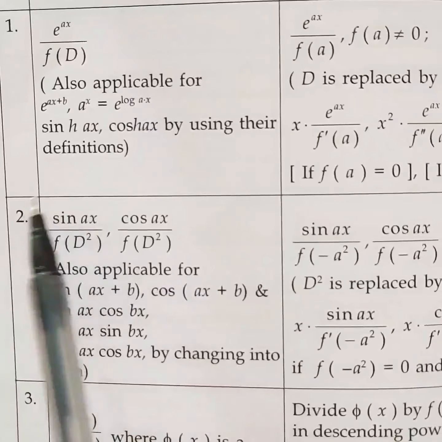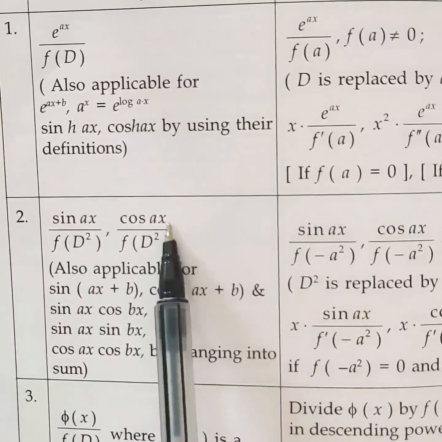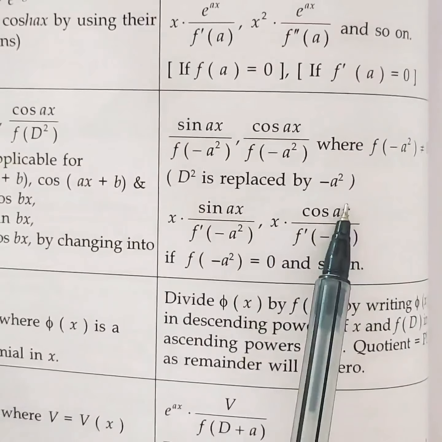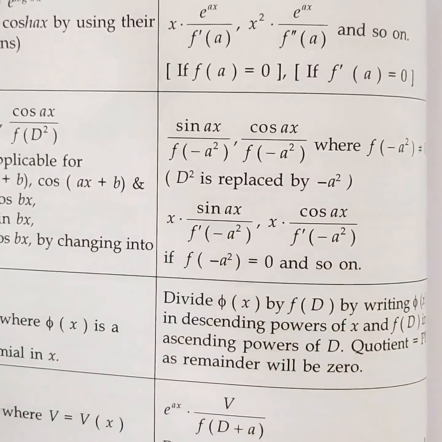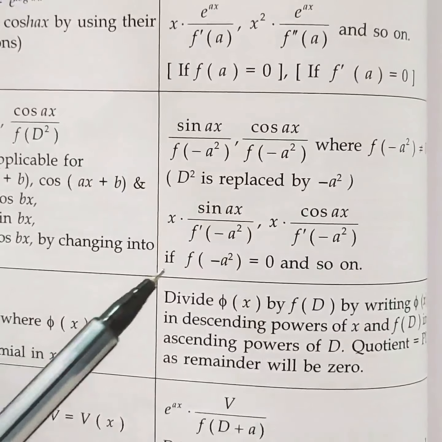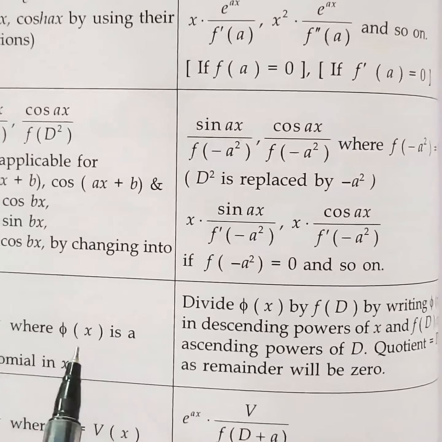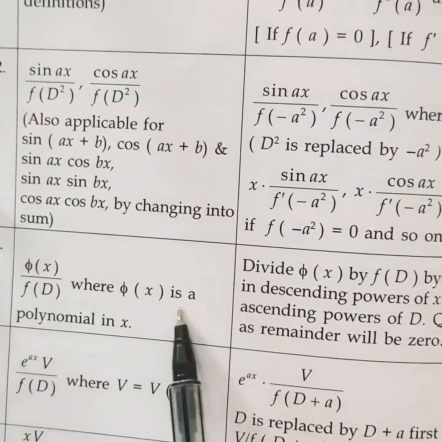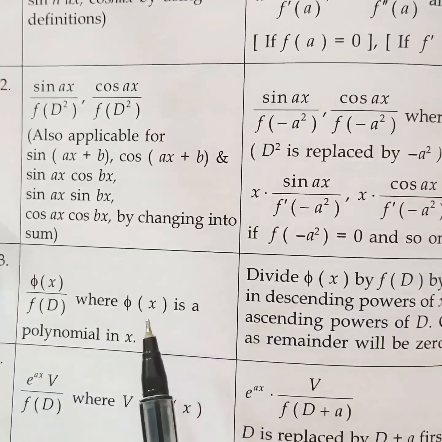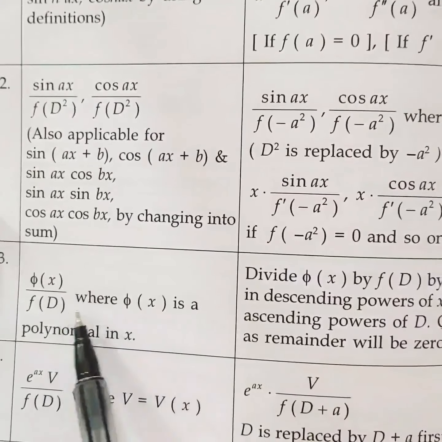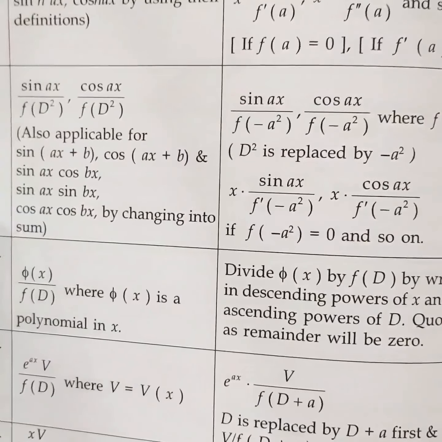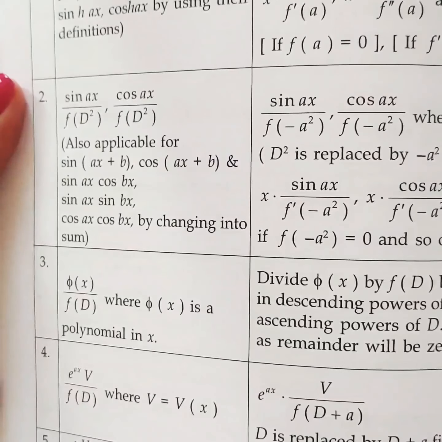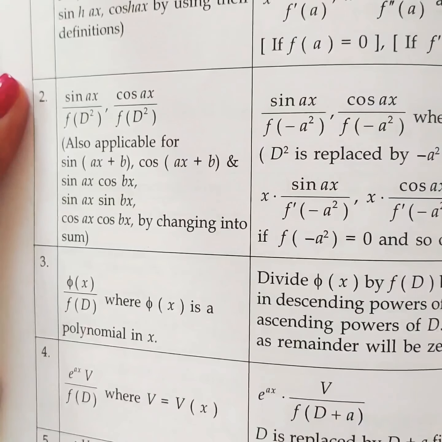And the second one is if the right hand side is sin ax or cos ax. In that case we will replace d square by minus a square. Again if the denominator becomes 0, multiply by x, it is the same case. And we did one problem again based on this. Finally this one, phi of x by f of t, where phi of x is a polynomial in x. So we did a problem having x in the numerator, that is why we divided. So that method also I explained there in the problem itself. Whatever you have studied already, the method of solving second order differential equations, basic methods only we are using here. Thank you.